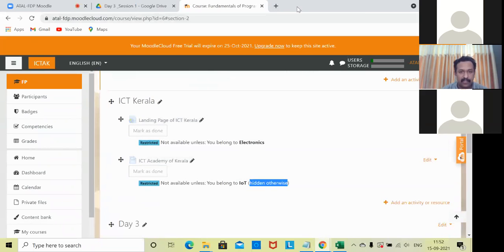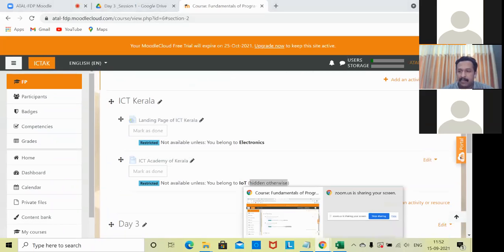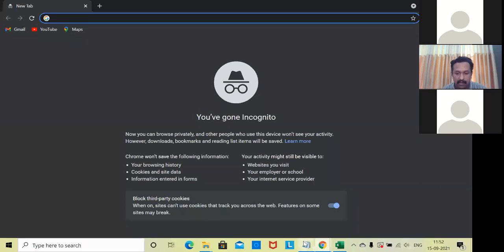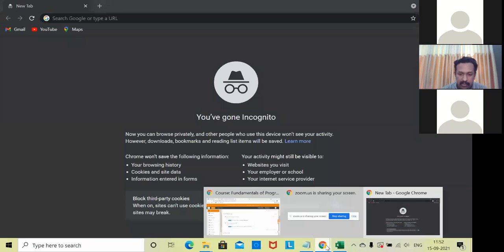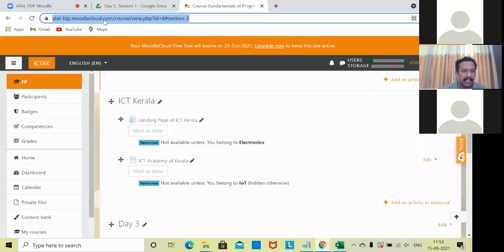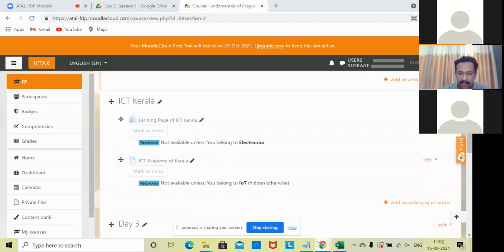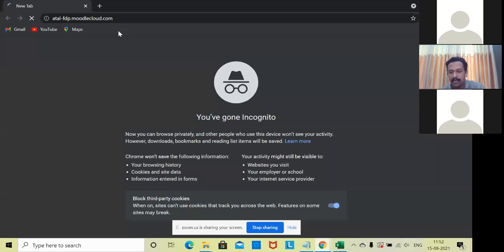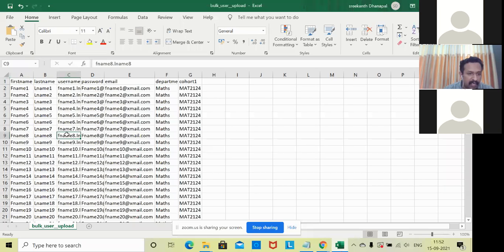What we are going to do now is open a new window and log in as a different user. Let me check the user credentials we have.